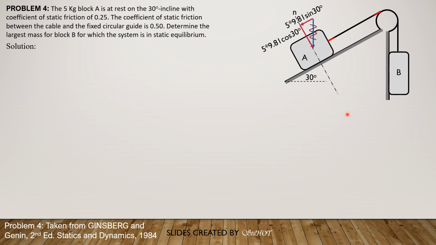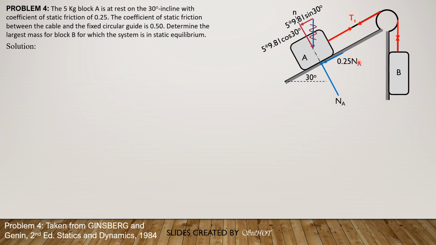Normal at A therefore is equal to 5 times 9.81 cosine 30. This is the slack tension. Since motion is impending up or impending down for B, friction should be down the incline, 0.25 of normal. So to solve for NA, summation of forces normal equals 0. So NA is 5 times 9.81